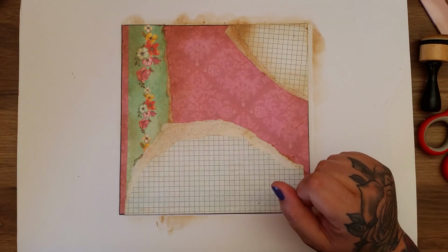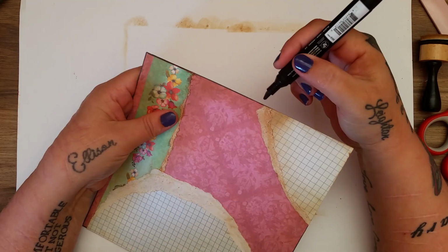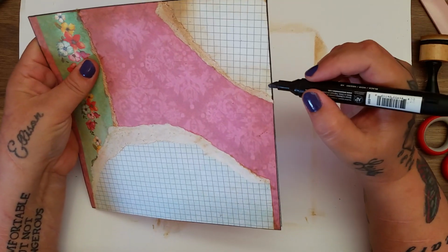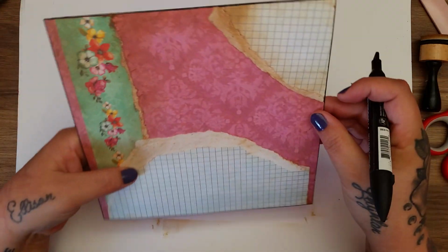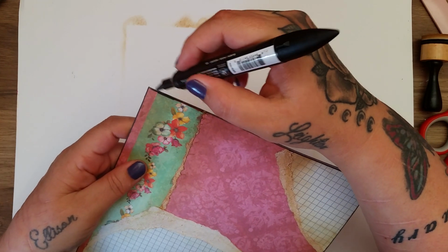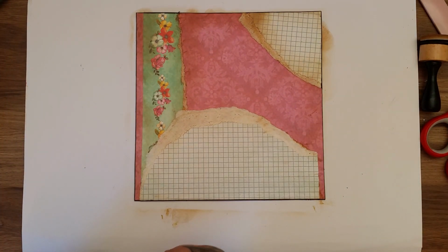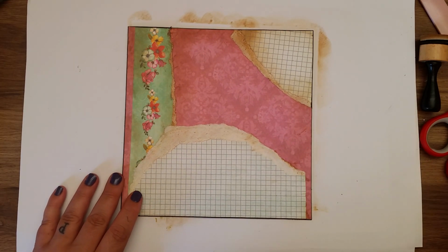Now what am I looking for? My black pen to ground these bits. Just join it in to make it look like it's part of the card and it's always been there. Okay, I like that. I think that's actually coming together really nice. Now the next thing is I think we'll have